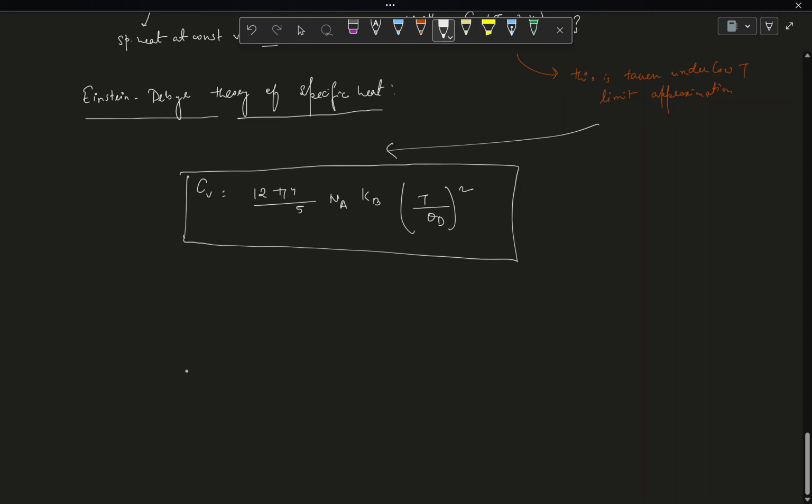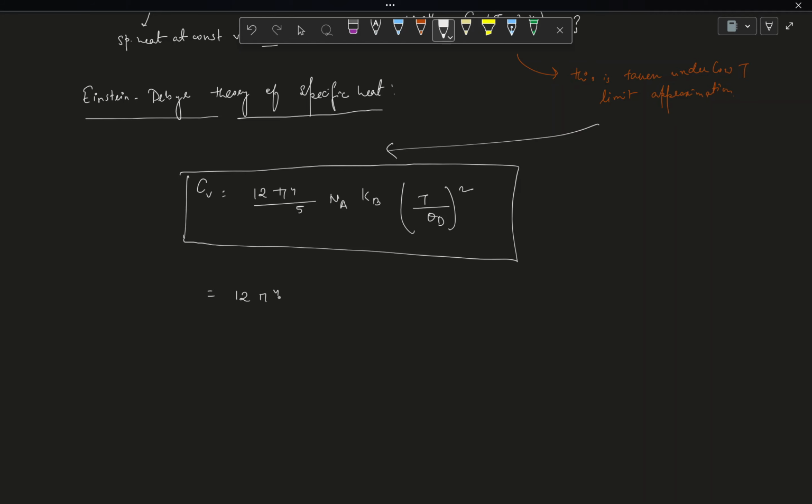This is the formula which involves only two parameter values that we have to know explicitly, that is the current temperature T, which is in our case 30 Kelvin, at which we need to calculate the CV, and the other thing is the Debye temperature theta d, which is also mentioned in the problem itself. Okay, so basically we'll now directly substitute the values and see what we get as an answer. So basically this is equal to